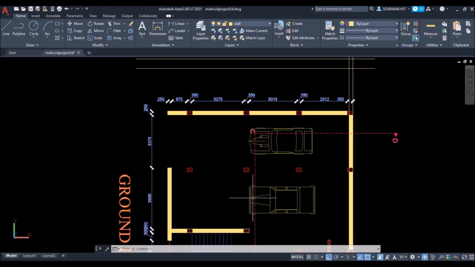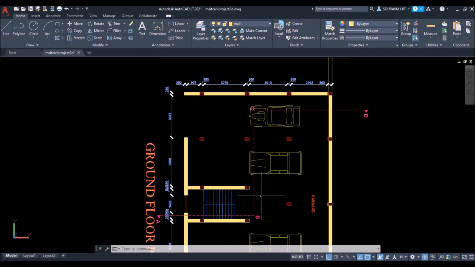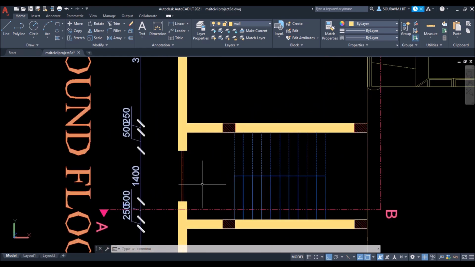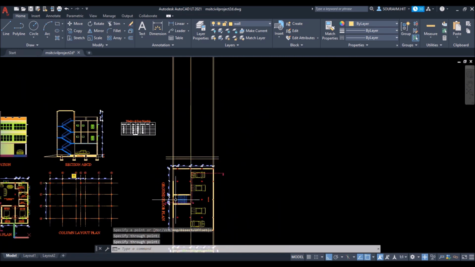So if you move along this line, next comes this line of this wall. So draw construction line passing through this snap as shown. Next we are cutting the staircase portion. We'll do it later. First we'll go through this wall. So use construction line and project the inner and the outer line of this wall. So it's done.